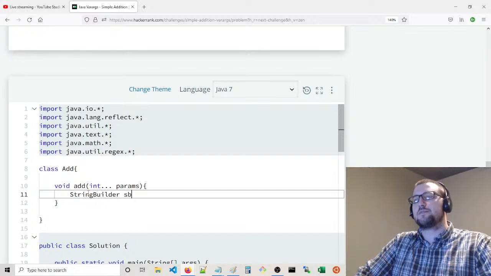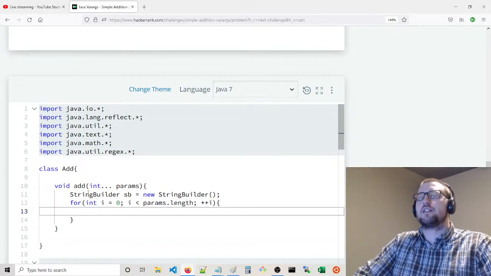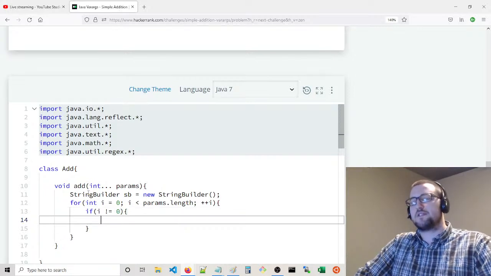StringBuilder sb is a new StringBuilder. For each parameter, for int i equals 0, i is less than params.length. This is really just an array. If i is greater than 0,